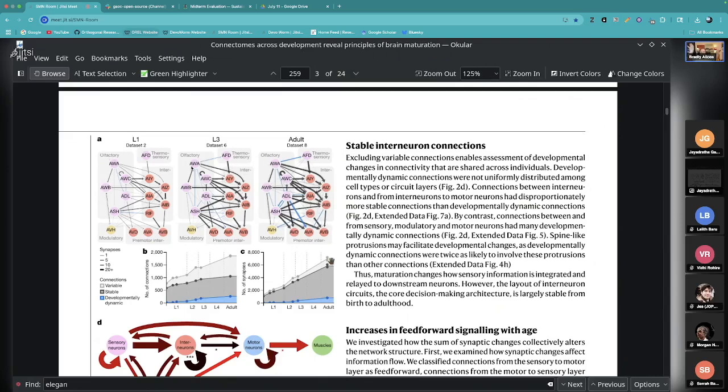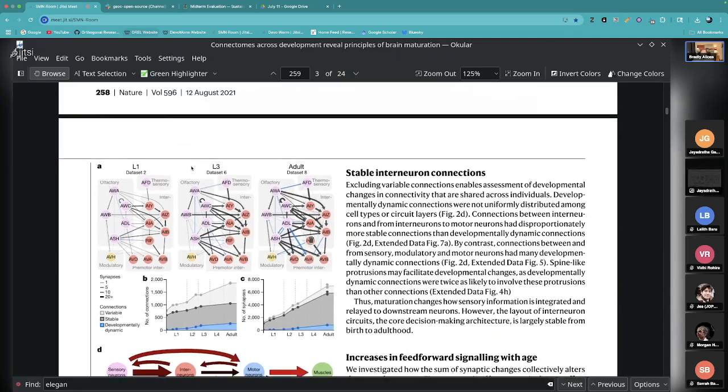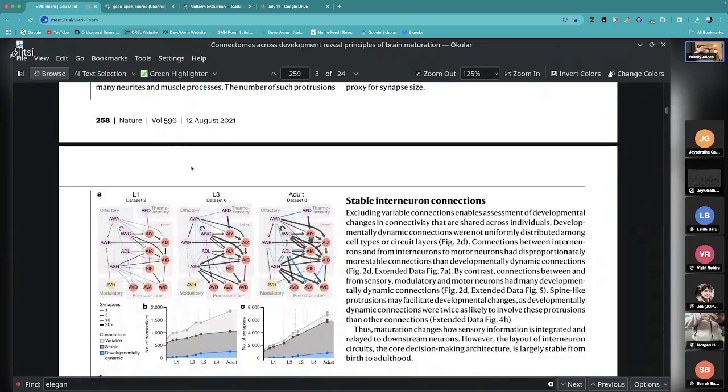The cells are always the same, and there's always going to be some connection between them. The strength is going to be variable, and then the question is why. If it's environmental, then one worm will do something and another worm will do something else, and they'll experience the world differently. But because of that fluctuation, on a population level we can chalk it up to it being variable. It fluctuates, and it might be stochastic, it might be driven by environment. We can't say that, but we can show the dynamics of it.